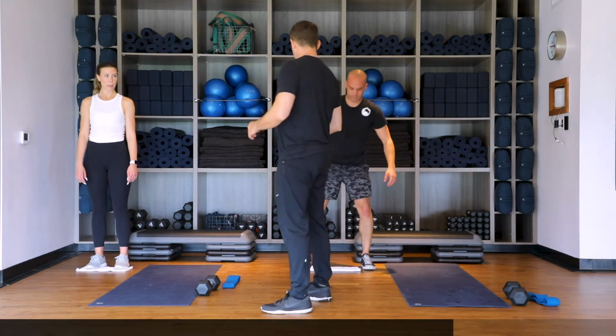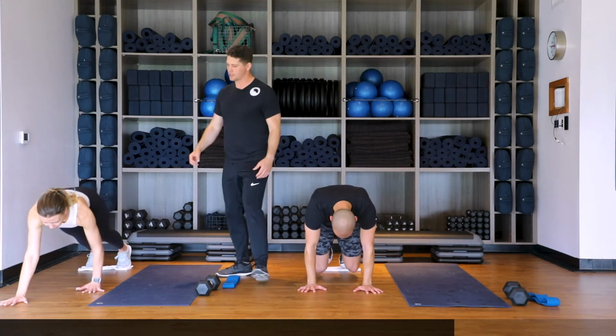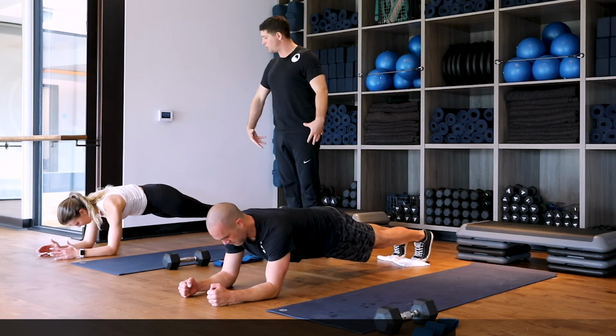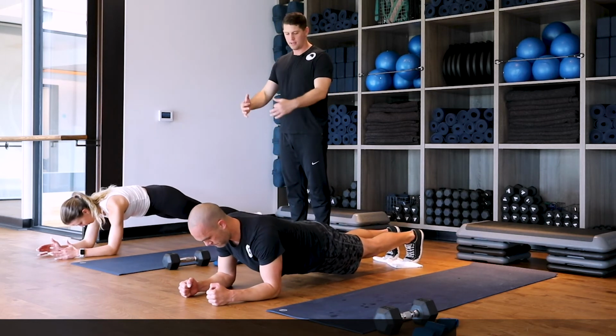So we're gonna go ahead and get in that plank position and we'll get started. All right, so on that low plank, we're gonna do 5 reps. So hips are up, squeeze your glutes, squeeze your quads, core tight, ready, and let's go back, and in, that's